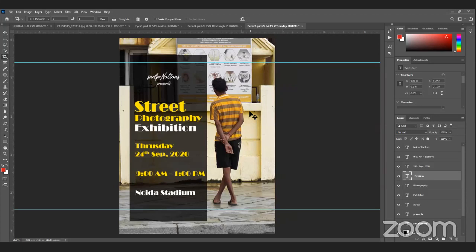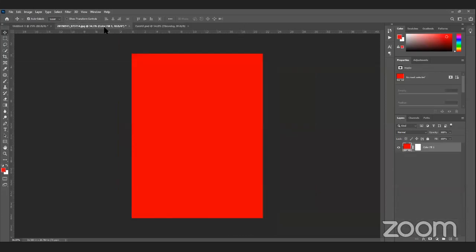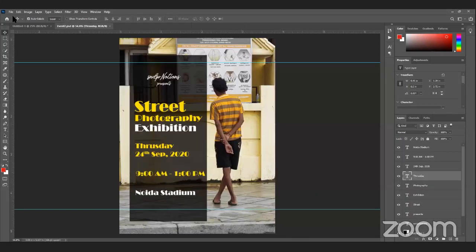Okay. So this was all about creating a poster and placing your text on the poster, the right size, at the right time, in the right way. We have also covered how to create for Facebook, Instagram, or Twitter feed. Now we have to cover retouching, a very interesting part, and I hope you will like and love it.